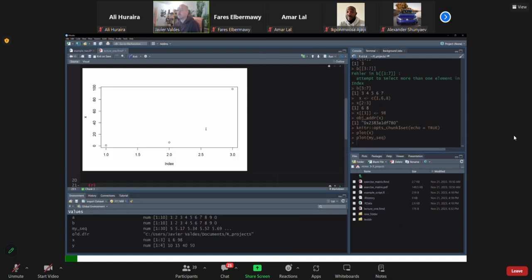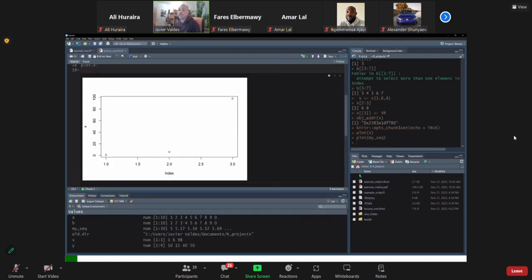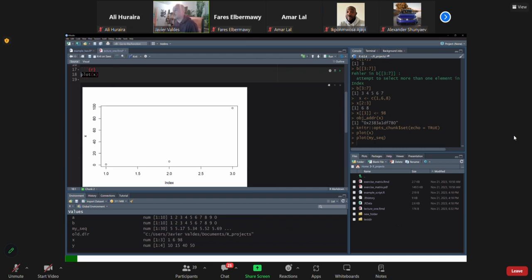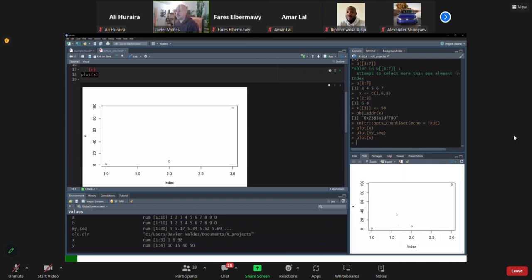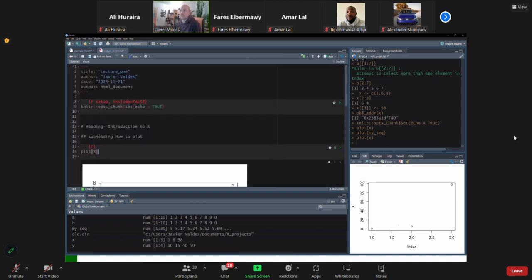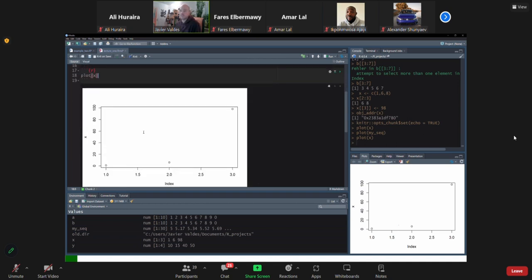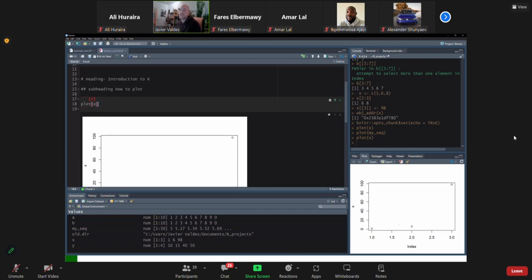In case I'm plotting directly on the terminal, it's going to be directly on the plot, right? It's a little bit different. But if I'm plotting directly on the Markdown, I'm going to get the plot together with my code. So what is interesting is that sometimes